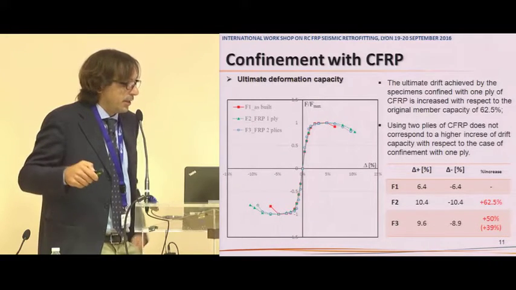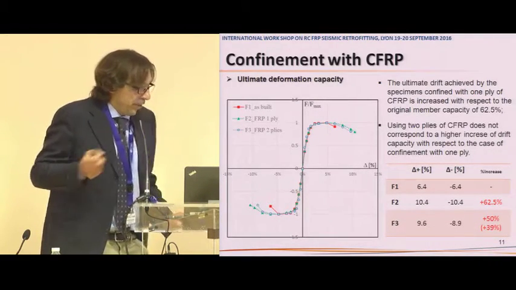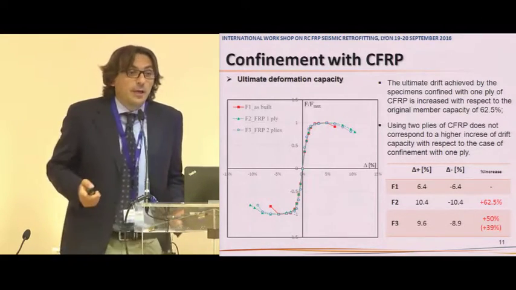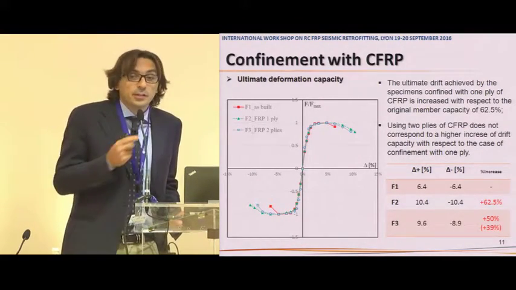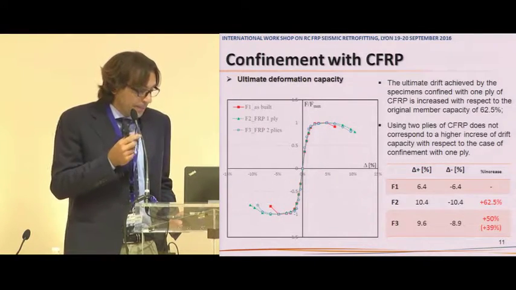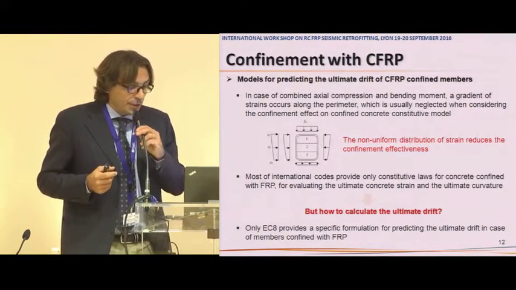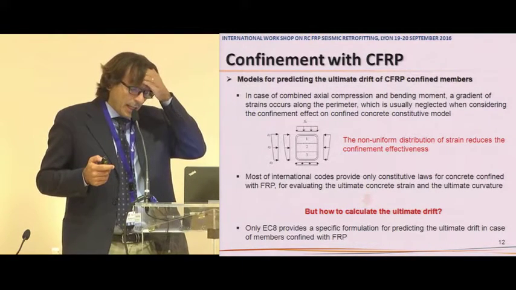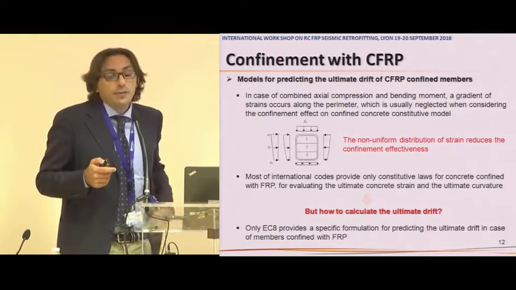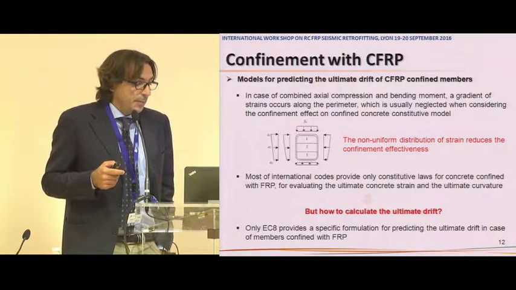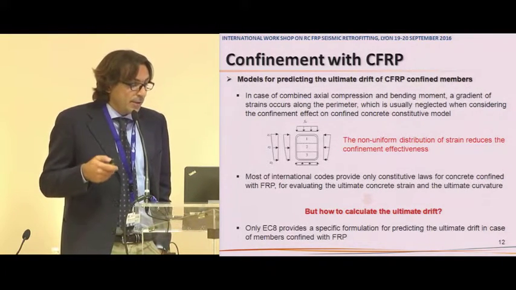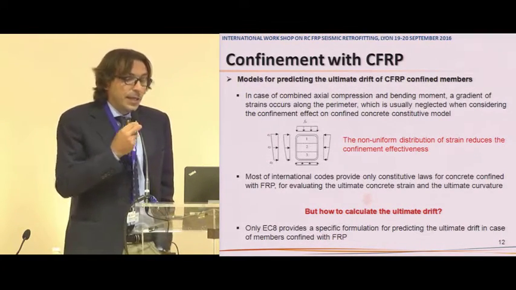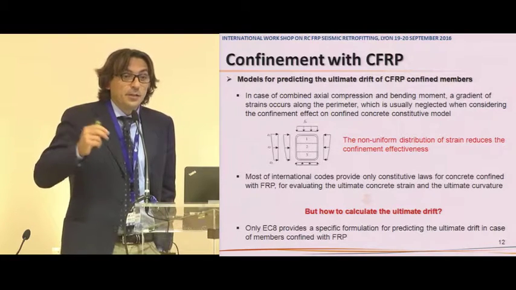I remind you that here the concrete quality is different. So obviously, as expected, the concrete wrapping at the base was able to significantly increase the ductility of our member. But our question is, are we sure that we are able to predict the ultimate drift capacity by using available literature expressions? To be honest, just in Eurocode 8 we have an expression which gives us directly the possibility to